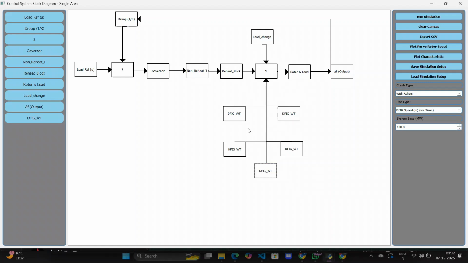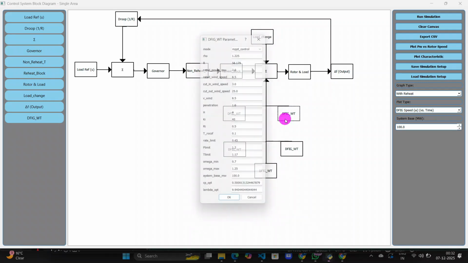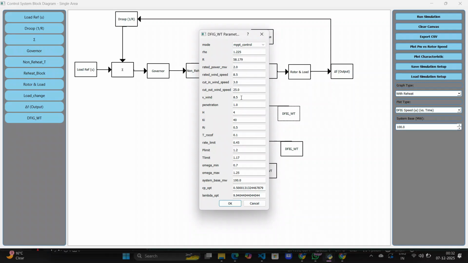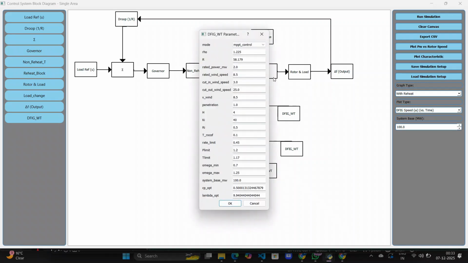Now we will see the parameters of DFIG. Rho, air density; R, rotor radius; rated power of DFIG; rated wind speed; cut-in wind speed; cut-out wind speed; velocity of wind; penetration level; H, inertial constant of DFIG; Ki, inertial gain; Ri, DFIG droop gain; T, low-pass frequency filter for noise in the system; rate limit, maximum rate of change of power; P limit, upper limit on per unit